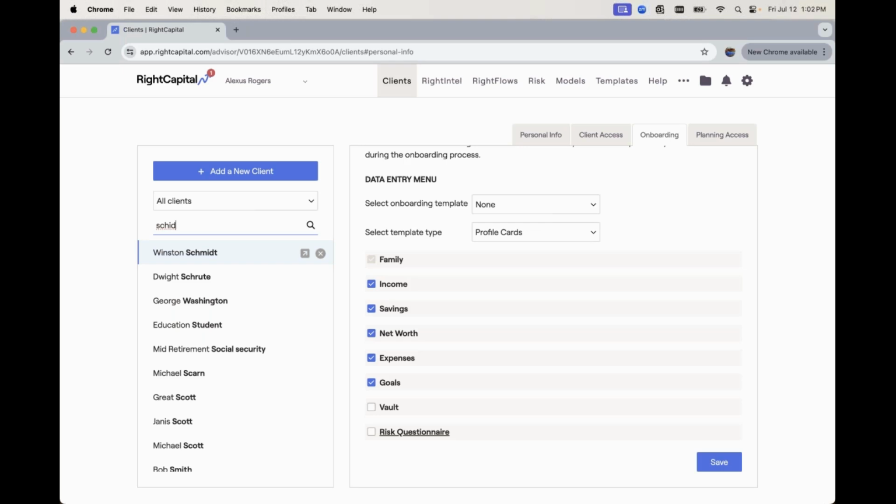It's going to include family, income, savings, net worth, expenses, and goals. But we now also have the option, even with this layout, to include the vault. So especially if we were exchanging documents or uploading documents there, we can now include that by checking this button right off. Same thing with if we do have risk enabled and we are leveraging risk questionnaires, we can choose